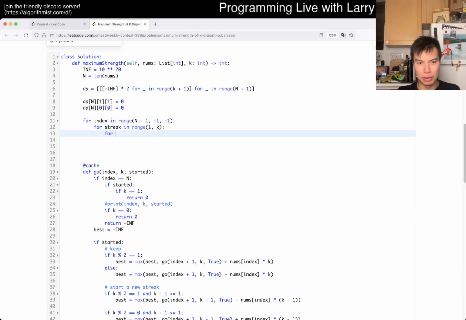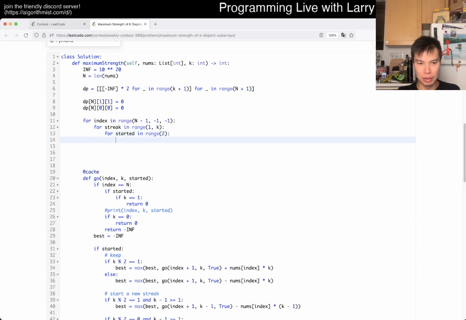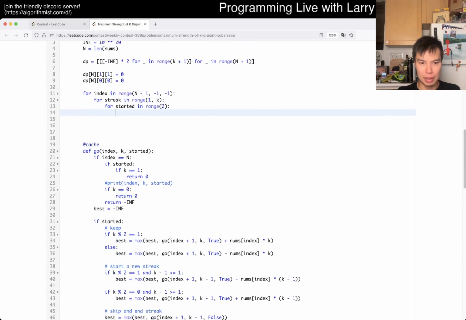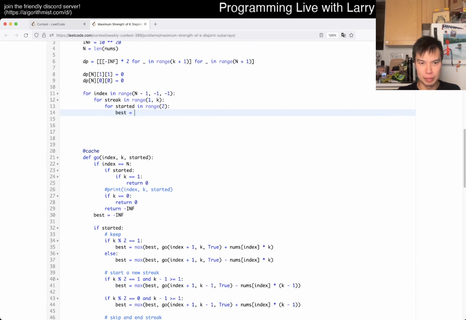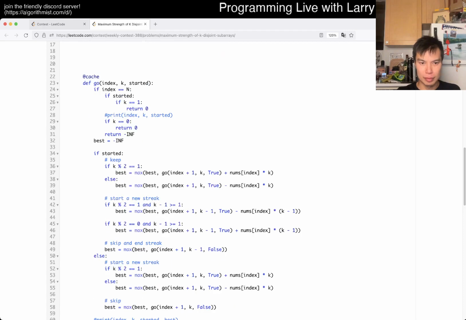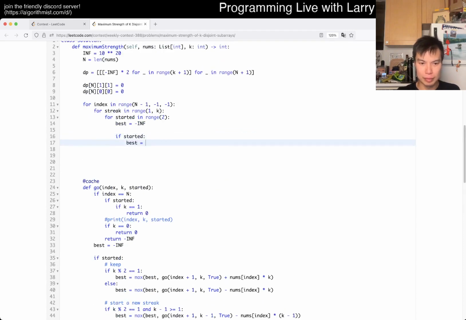And then for started in 2, right? 0, 1. Alright. Now you have the streak thing. Alright, and then now, what is it? dp index plus 1 k1 plus